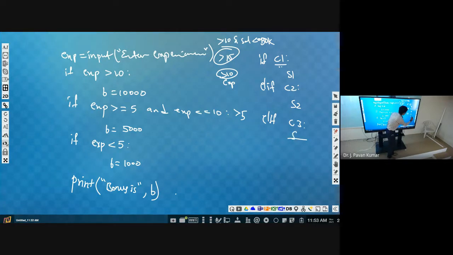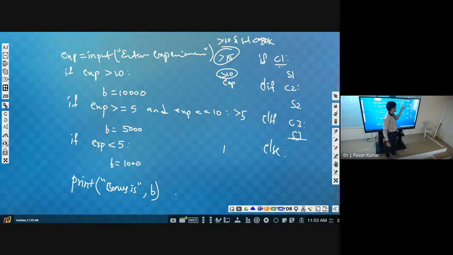So here we can have S3. Next, finally we can have else. This is optional again. That means whenever any of these conditions is satisfied, we can stop here itself. Understand? Suppose all these conditions failed, then we have to execute something. Whenever all conditions fail, then we will execute something, we will be writing in else.